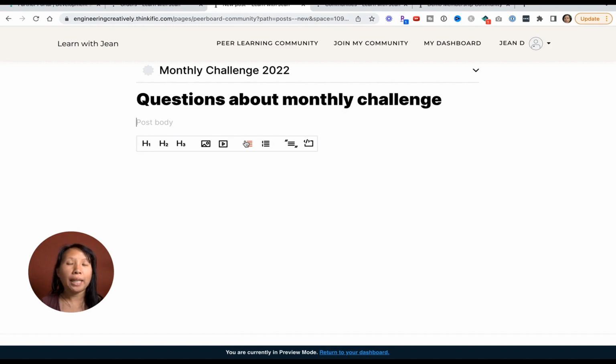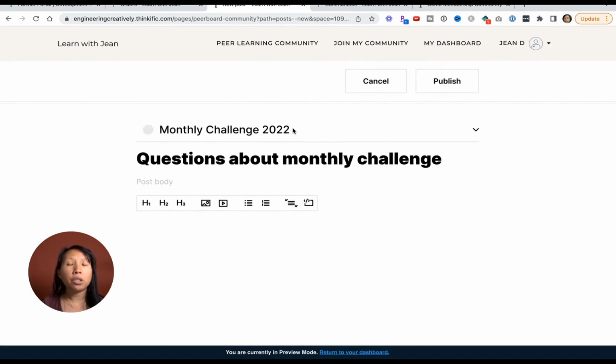and I think it makes a difference because when you're reading a lot of text, you want to be able to highlight, bold, italicize, and emphasize it. That's what really makes Peerboard stand out. And it also is integrated directly within Thinkific so that it makes the navigation really seamless. And then once you add the link up to your landing page, then people know that they can always access